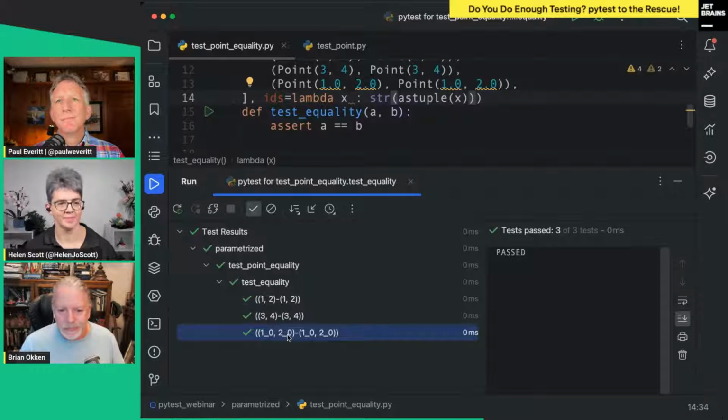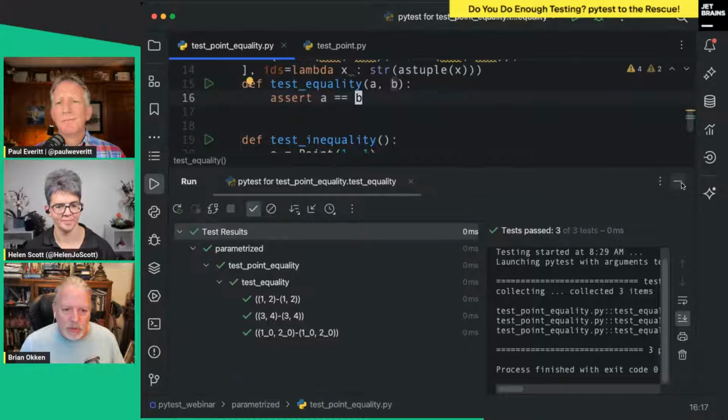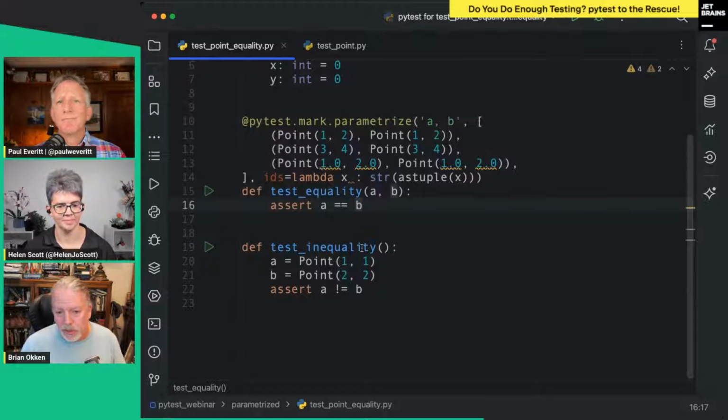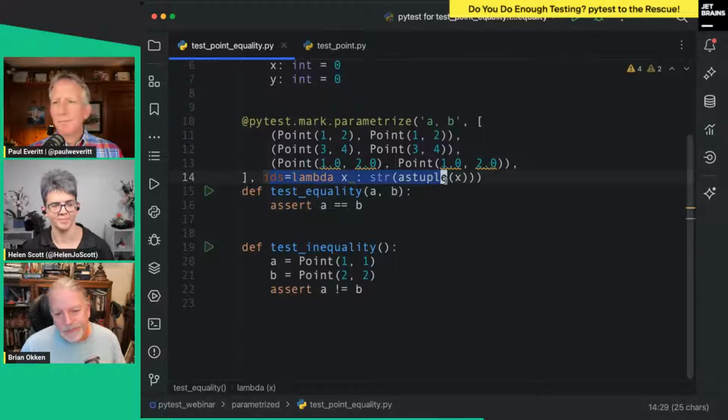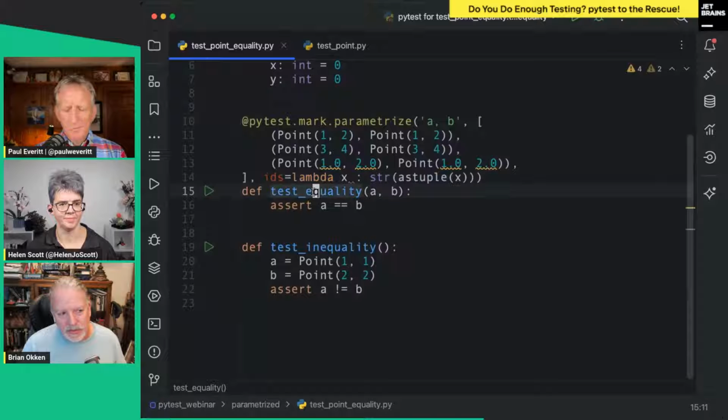So nice. I kind of jumped through a whole bunch of stuff. With parameterization, we took one test function and turned it into 3 test cases. We also learned how, and that is covered in one of the chapters of both the book and the course. And this IDs thing with lambdas and stuff like that is more advanced, and that's covered in the advanced section at the end of both the book and the course. It hasn't actually been recorded in the course, but it's under the advanced parameterization. So parameterization is really easy if you don't pass objects in. And if you pass objects in for your parameters, then you have to do the IDs thing.